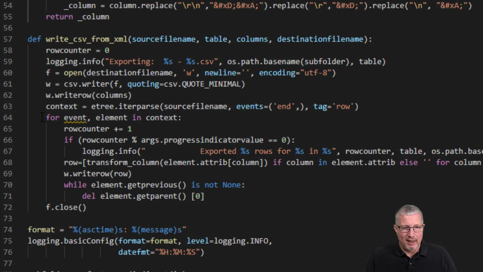What I'm doing is I'm creating an ElementTree iterparse, or iterparse. It iterates, so iterparse, I'm guessing. I'm getting a context that uses the ElementTree functionality to parse through a stream of XML. So I can go through XML, and if I hit the tag row, because all my XML lines are rows,